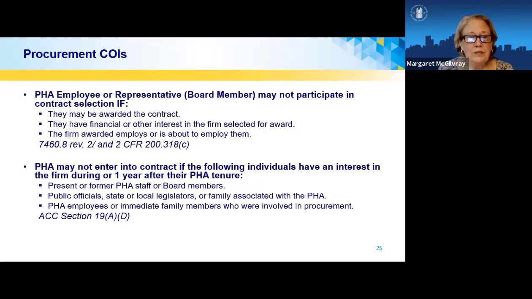Because in many cases, particularly in smaller communities, HUD may waive the conflict of interest provision for good cause. In some communities, there may only be one plumber and he's somebody's cousin or something. So it's important to figure out where a conflict may be and disclose that. And oftentimes, housing authorities will have both staff and commissioners disclose on an annual basis based on current contracts that are running and other things.